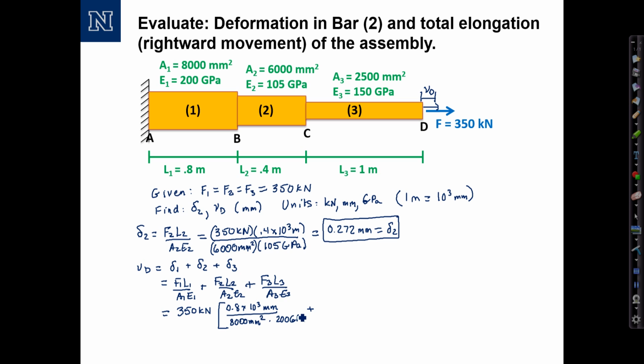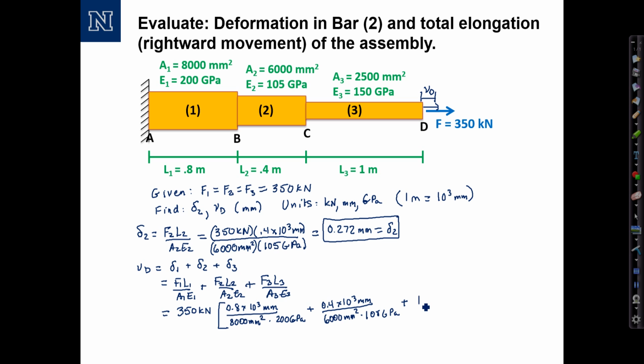gigapascals plus, for segment 2, which we already calculated, 0.4 times 10 to the third millimeters. I notice this should be written as millimeters up there as well. 6,000 millimeters squared times 105 gigapascals plus finally